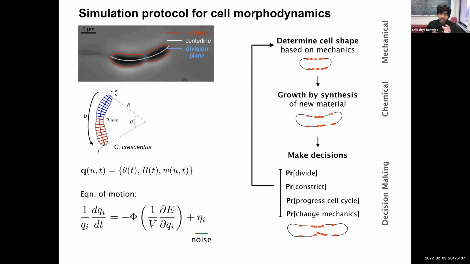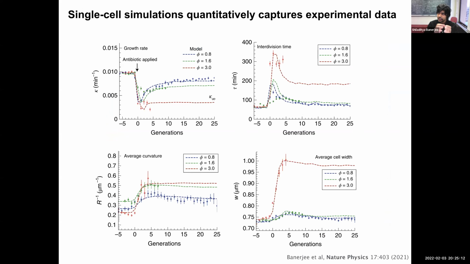And then these dashed lines are theoretical models fitted to experimental data. So we can actually predict not only the rate of growth, but how the curvature changes, how the cell geometry, like the width of the bacteria, changes, how the division time changes and all that, right? And so these are actually simulations of bacteria under antibiotic stress, like a single step. So what you see here is that the shape is changing in response to the drug, right?